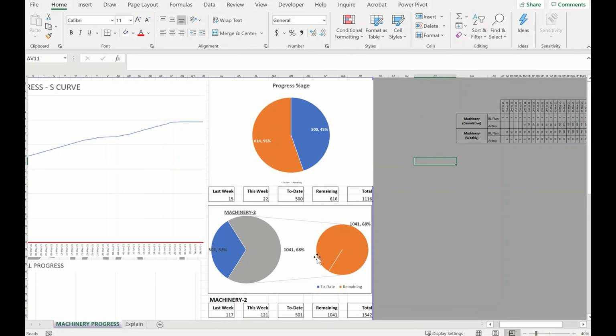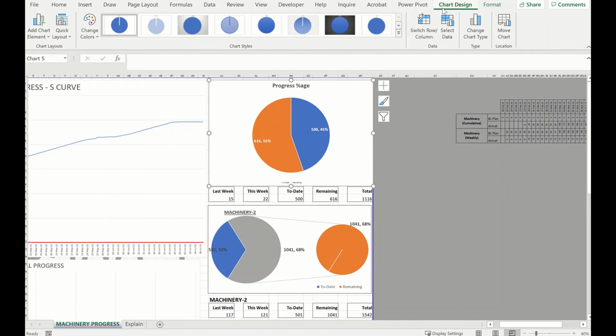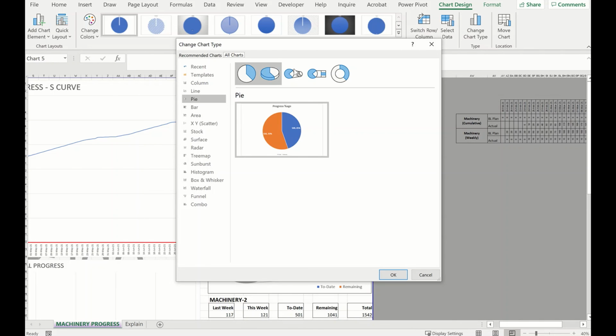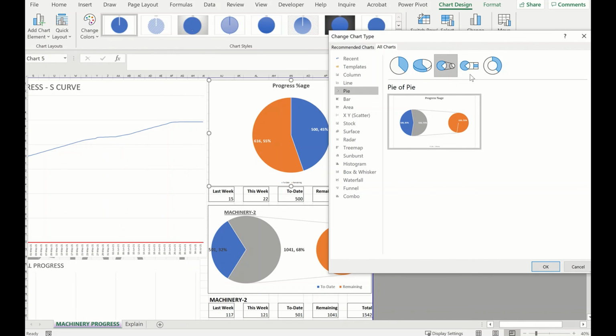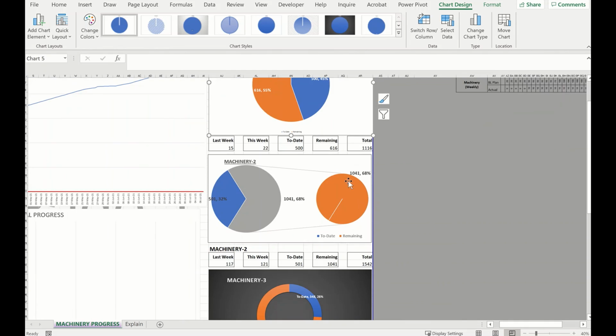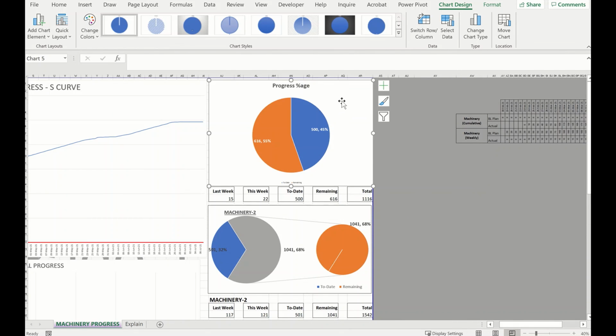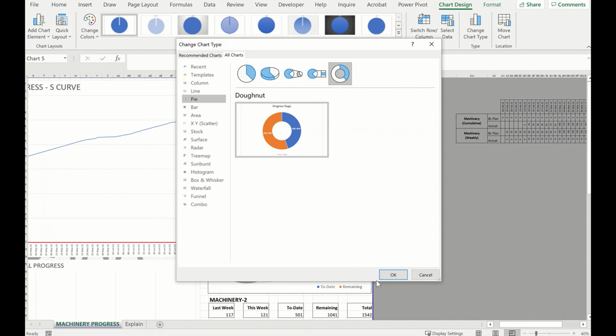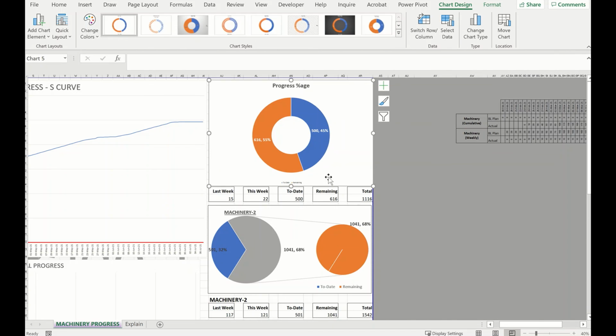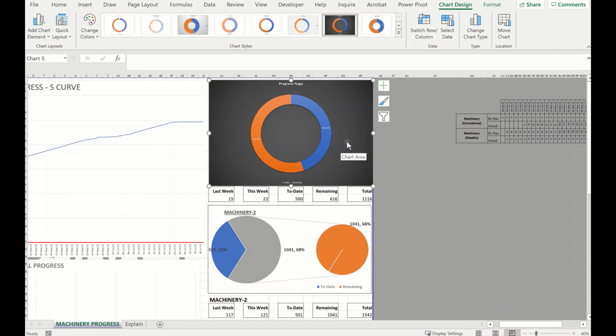So in the same way, we can change it to this type also. It's a different type, that's all. You can go to the chart design and then change the chart type to this type or this type or this type, right? The same method for donut also. I don't want to repeat the same thing. I'll just convert this to a donut chart. Just go here, change chart type, click here. That's it. This is a donut chart. It's a normal pie chart, but you can have a different, better formatting. And yeah,